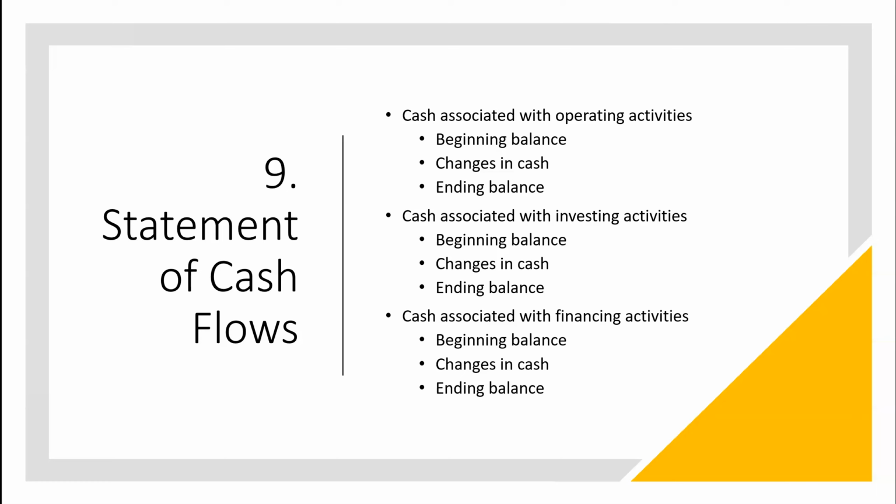So this tends to be the cash raising portion of the business that has nothing to do with operations. And so we see a beginning and ending balance in each one of these, and then we net those balances together and come up with an overall: we started with this much cash at the beginning of the period, and this is how much cash we ended up at the end of the period, and we now have an explanation of where that cash was used. Where did we receive cash from, and where was it used in the business?